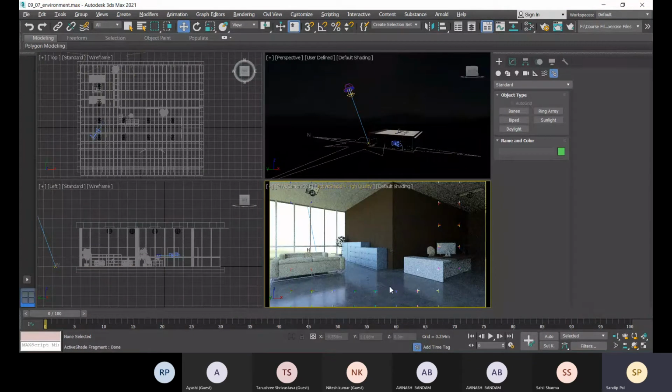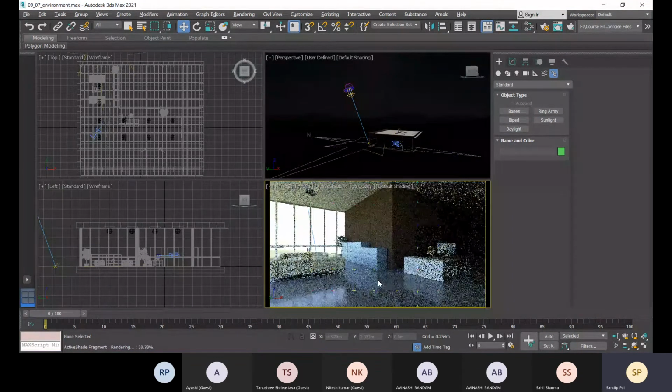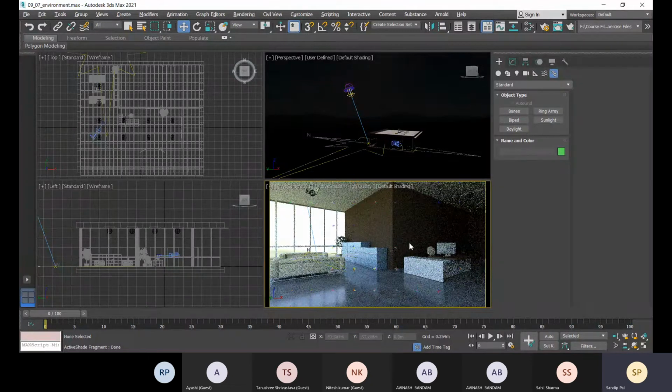All right, so this way we will create our day scenes. We will create, okay, with proper background. Okay, and if we need only according to the background, all the lights, scene lights, if we need, so we don't have to place this daylight option. Okay, and we can create according to the sun time, and that we can create our lights, so that we can do with these options.